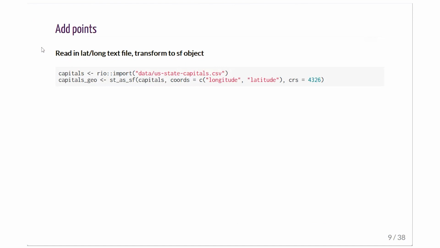Adding points to a map is just as easy as adding polygons. For points, I'll import a CSV file of state capitals with their longitude and latitude. If you want to use points data like this for GIS work, you'll need to turn this into an R spatial object. And this isn't only a MapView thing, it's an R thing. The sf package's st_as_sf function does this for you with data as the first argument, defining which columns have longitude and latitude in the second coords argument, and then a CRS projection used by a lot of background map tiles as the third argument.